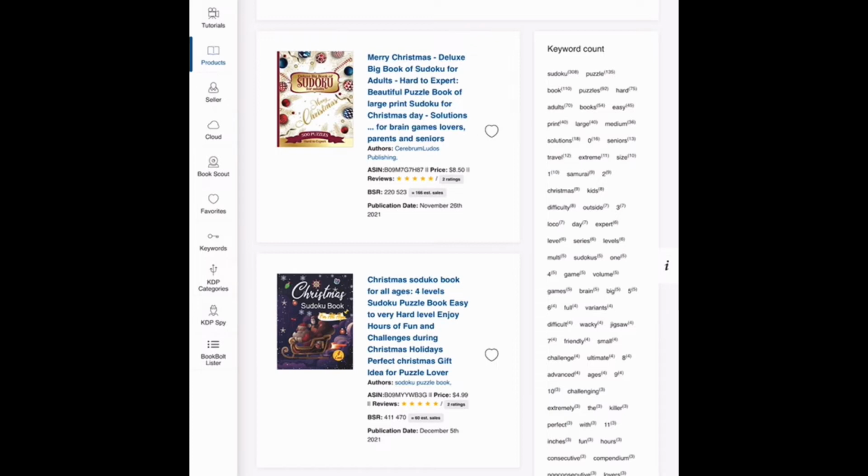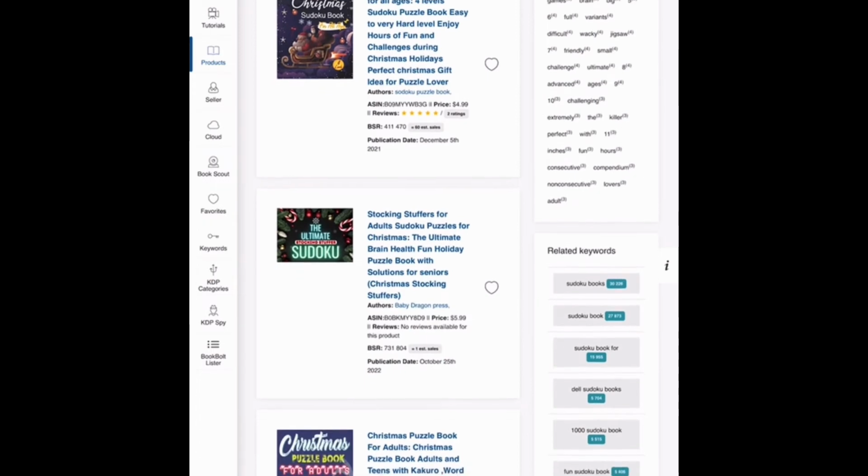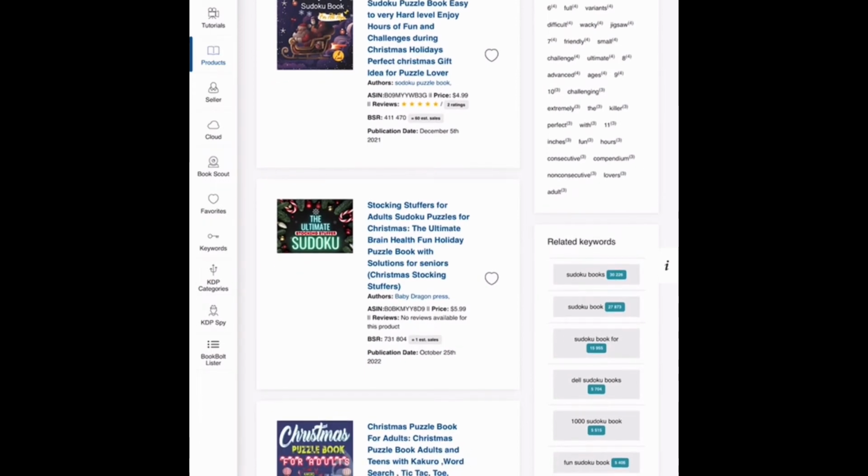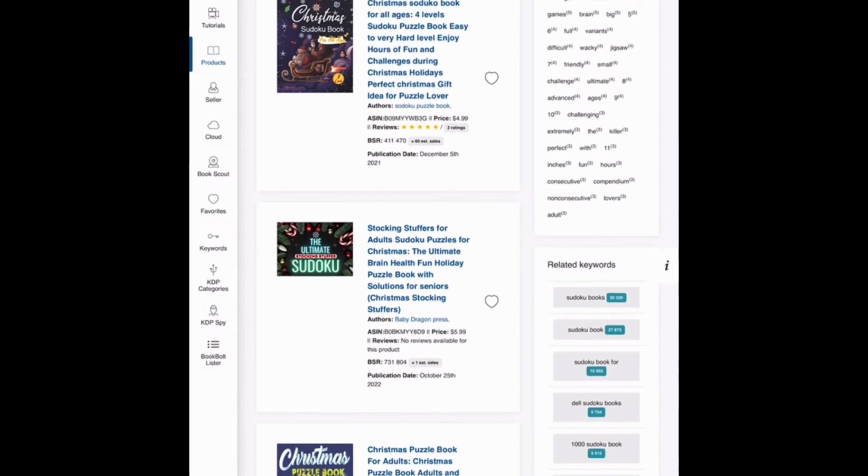So as we can see for this first example, this top book is making roughly 160 sales per month, which is pretty good. Of course, that is going to be seasonal, so that will go up and down a lot. And you want the BSR to be as low as possible. The lower it is, the better that book is selling. So a BSR of 220,000 is pretty good. If we scroll down, we can see that even with a 400,000 BSR, you're getting roughly 60